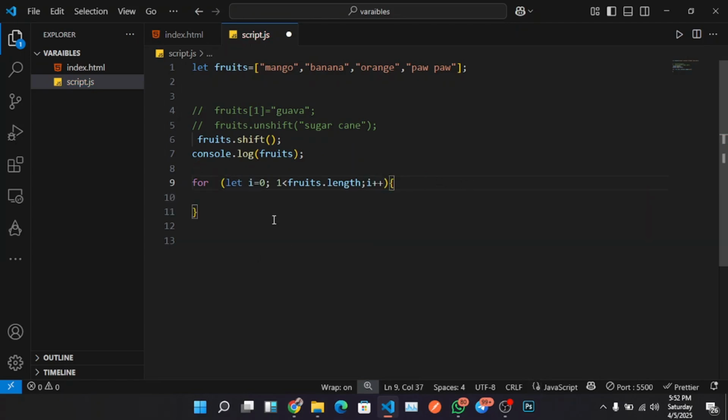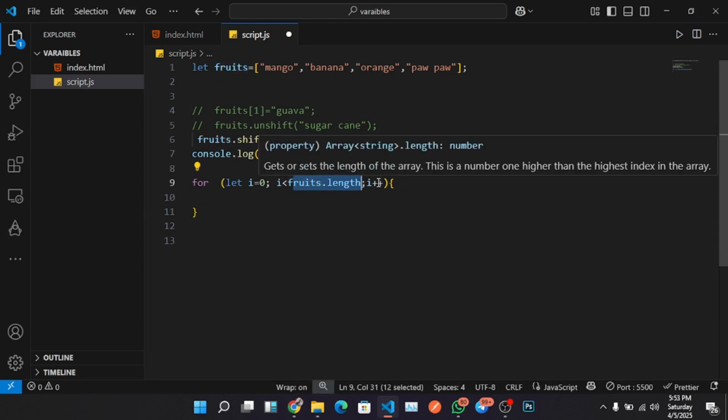So what happens is this loop makes sure that it initializes I to be 0, and it sets a condition that for as long as I is less than the length of the fruits, we need to